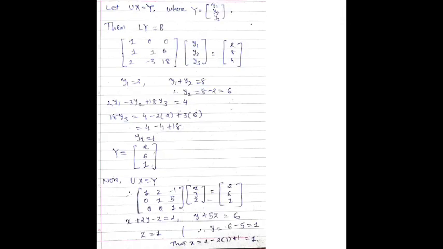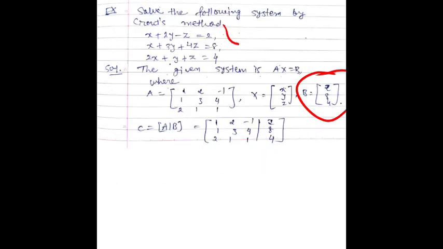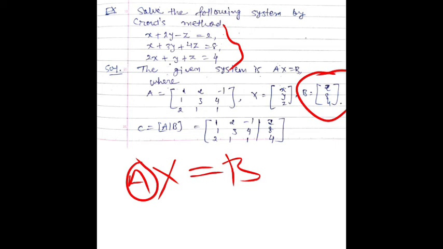So this is our example to solve simultaneous linear equations using the Crout method. I repeat, first of all, you have to write Ax is equal to B, where A is the coefficient matrix, this one, and X is the unknown. Then you have to write A as L into U. L is a lower triangular matrix and U is a unit upper triangular matrix. If you multiply L into U and compare with matrix A, then you get matrix L and matrix U.